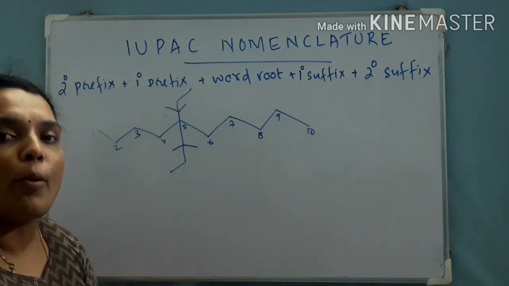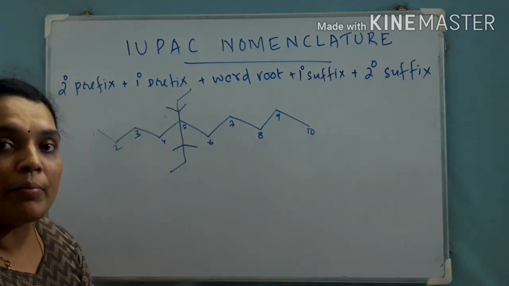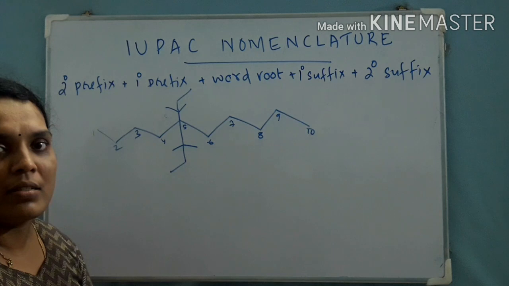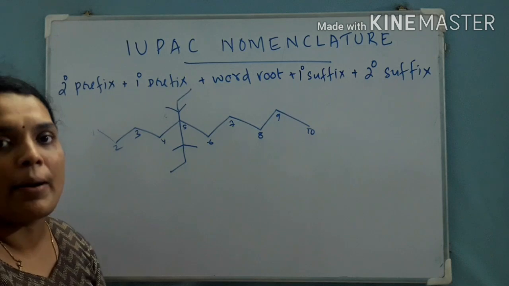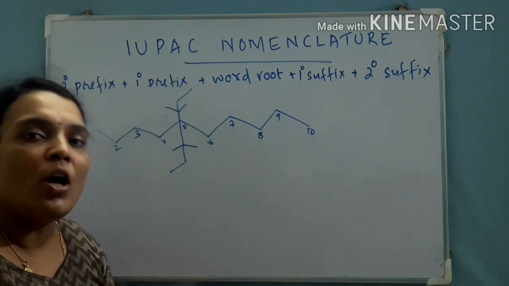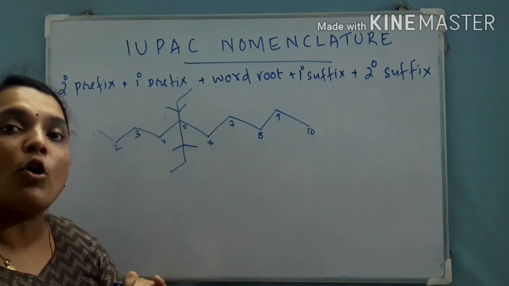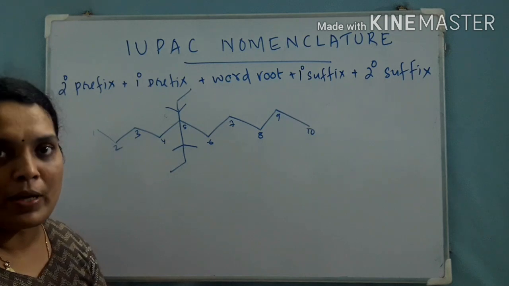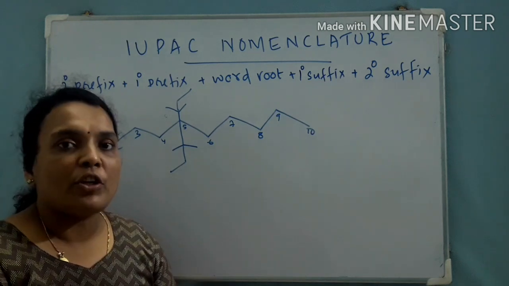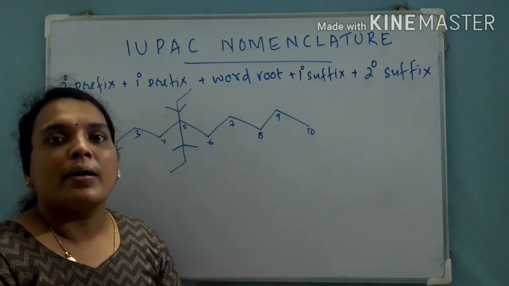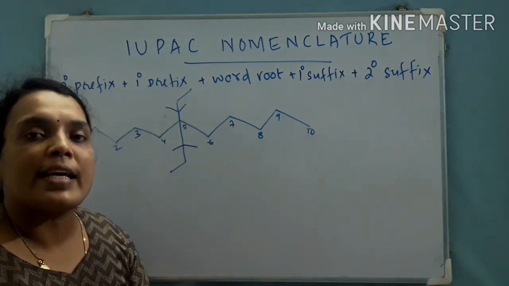We can say it is a complex substituent because this substituent can be named only by using numbers. We can't name it directly. That type of substituent is called a complex substituent. So if more than one complex substituent is present, instead of di, tri, tetra, we have to use bis, tris, tetrakis, etc. So here, on the 5th carbon there is a substituent.